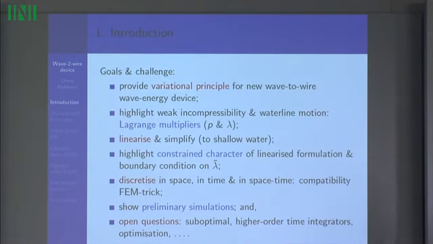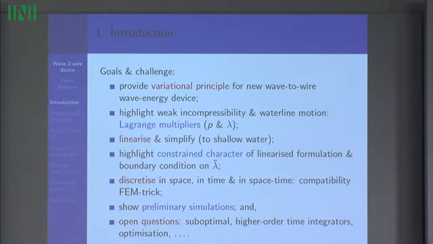So I'm going to tell you what the variational principle is. There are some subtleties, because I allow weak incompressibility. I allow incompressibility in the weak sense. The waterline motion is actually the critical issue, and we use Lagrange multipliers to deal with the buoy and the incompressibility. Then I will very quickly simplify and even further simplify to make it palatable to you, because otherwise there's a massive amount of equations. And I will highlight the constrained character of the formulation. And then we use a trick which is unfortunately suboptimal in terms of the convergence you expect, but it converges. And I show some